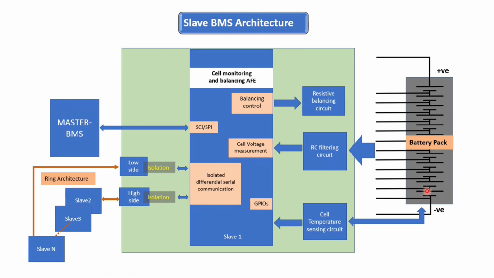In the slave BMS, for each battery pack, you can observe the information here. This is the battery. They measure the voltage across it and the temperature of each battery. They can estimate the SOC, SOH, SOP, all that information, from this battery pack. All of this will be in the slave BMS architecture. Then they take the cell temperature and the balancing mechanism, whatever type of balancing mechanism there is. The information from the master BMS is coming here, and the connections between one slave and the other slaves are all getting connected.